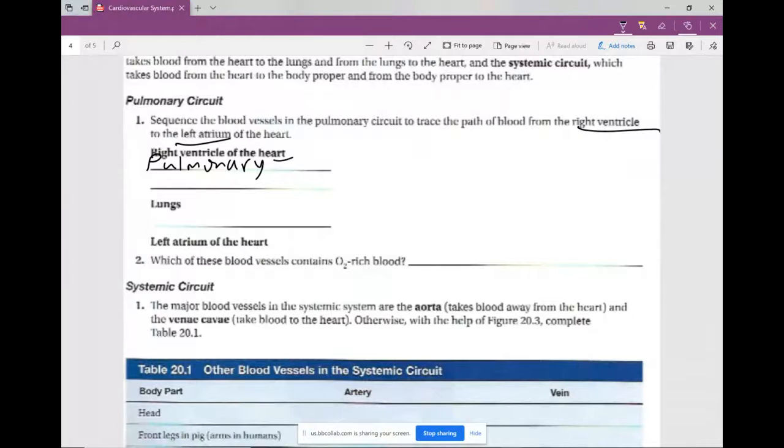Again, it's the same thing, because nothing makes you learn like repetition. Pulmonary trunk to pulmonary arteries. All right, arteries take blood away from the heart to the lungs, and then from the lungs to the pulmonary veins. Veins bringing blood to the heart,